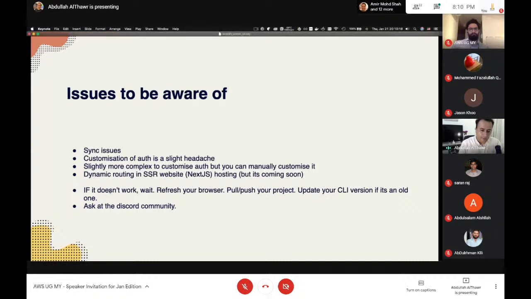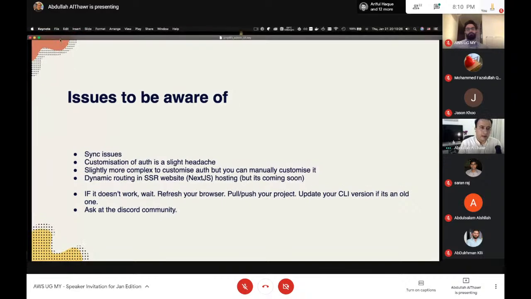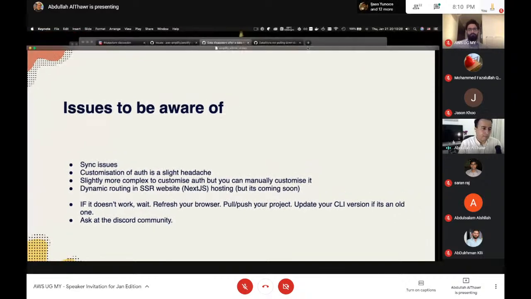My last tip: if it doesn't work, wait, refresh your browser and push your project, update your CLI, and ask on the Discord. In defense of Amplify, I might give them a bit of